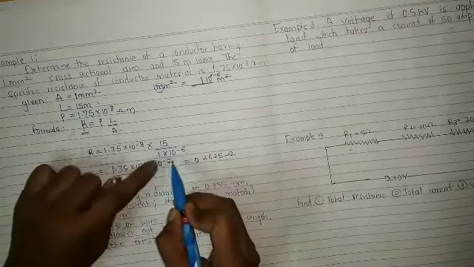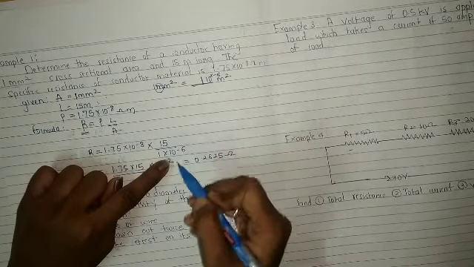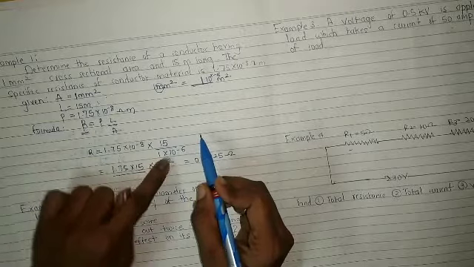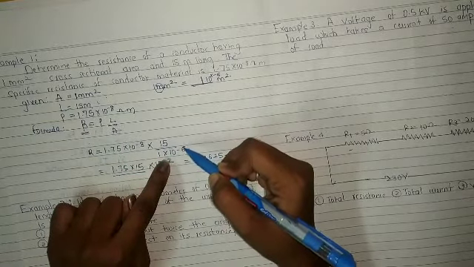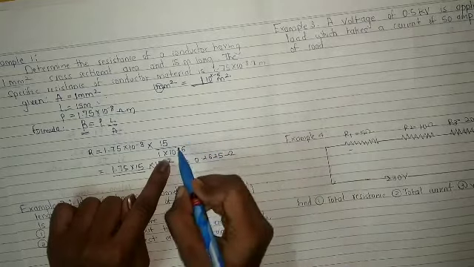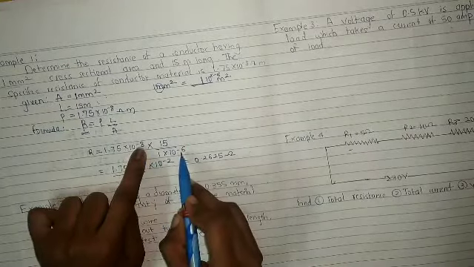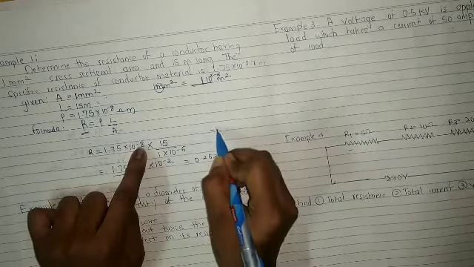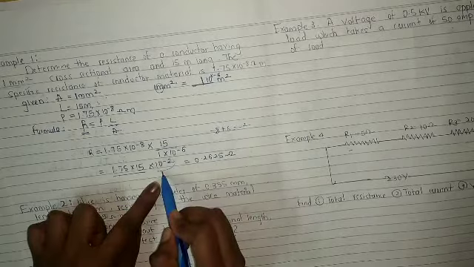Okay, then this 10 raised to minus 6 will go upward, then it will be 10 raised to 6. Because when it goes upwards in multiplication, the sign becomes plus. If it's minus, then it will become plus. And in multiplication, these both powers will get added. So minus 8 plus 6 will be minus 2. So our power will be 10 raised to minus 2.